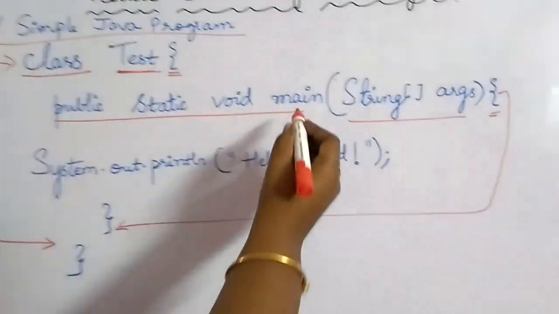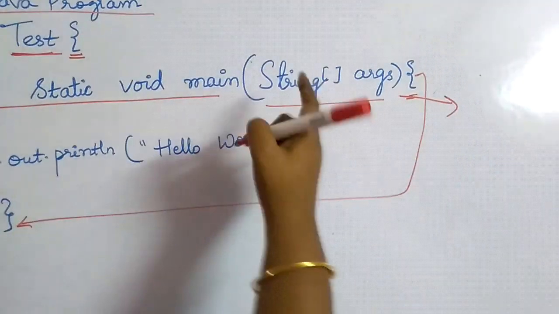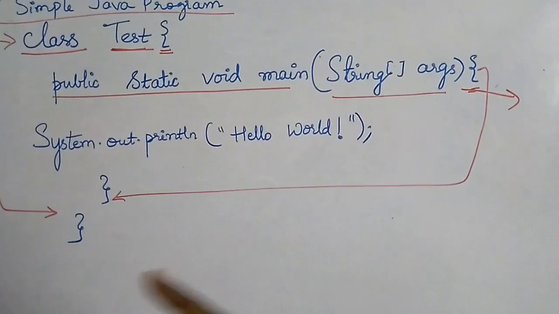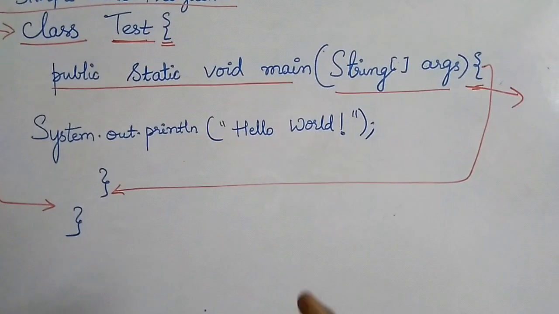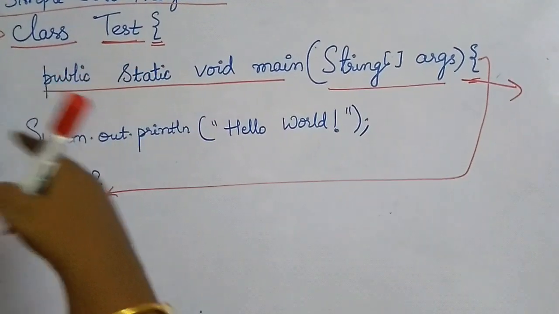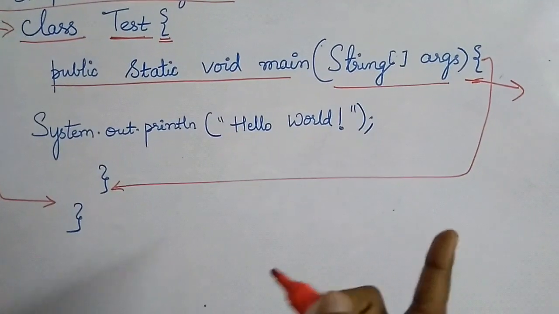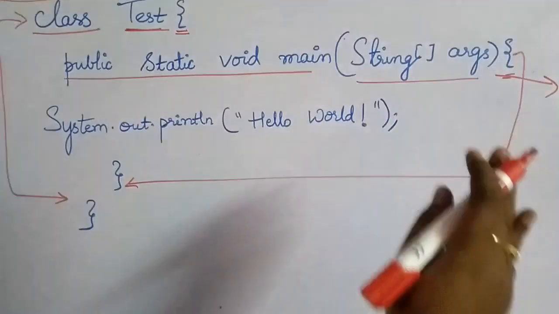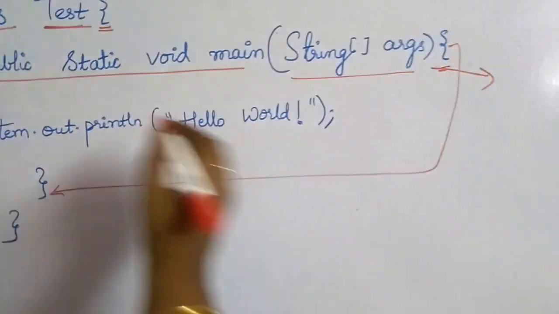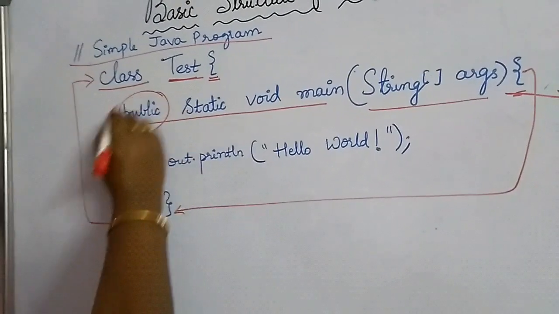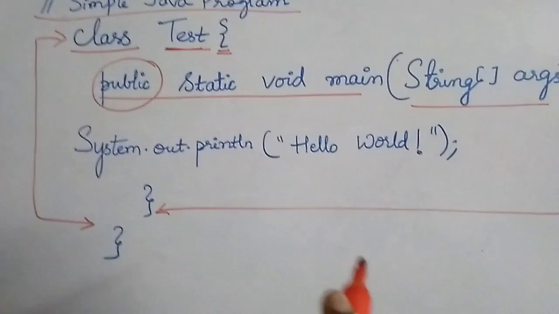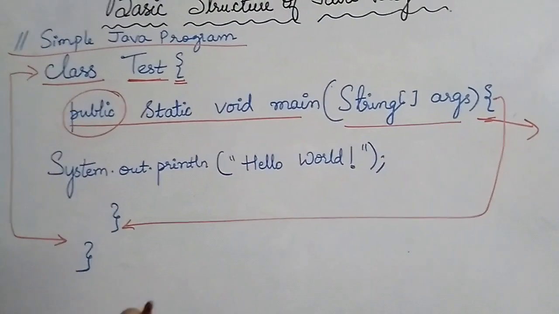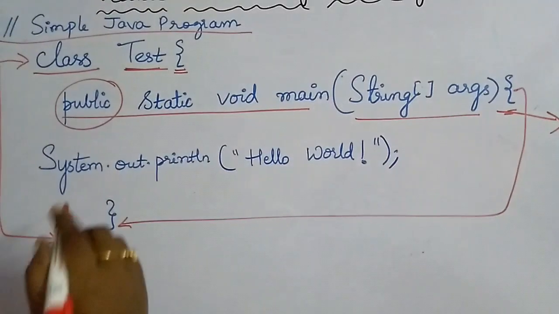Now this main is a must. The syntax that we are following for the main is a must, but later on when we go deep into the language, I'll tell you whether different forms of main are acceptable or not. But as of now, just understand that this is a syntax that you need to follow. And what does public mean? If I don't give public, your main will not be considered to be the main that JVM is looking for. So this syntax is very important.